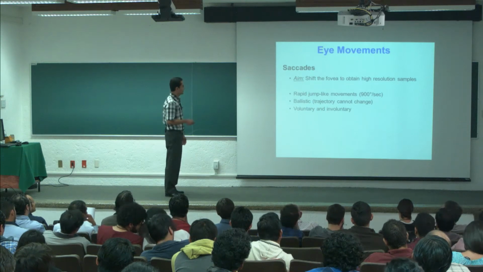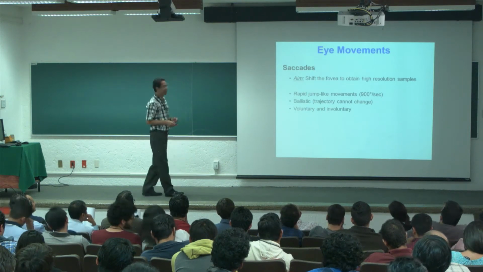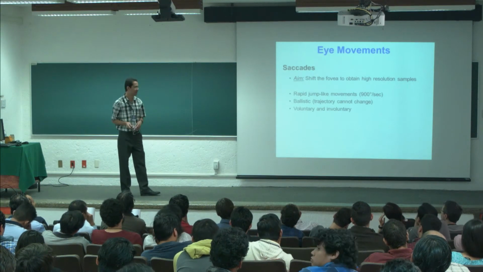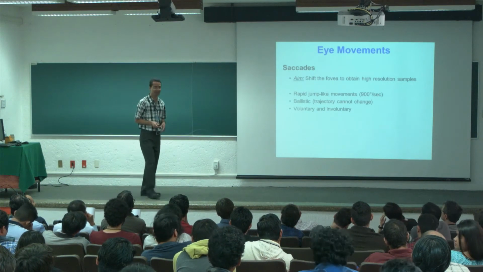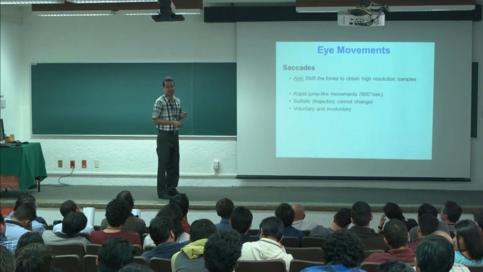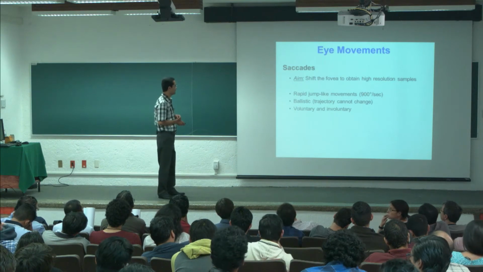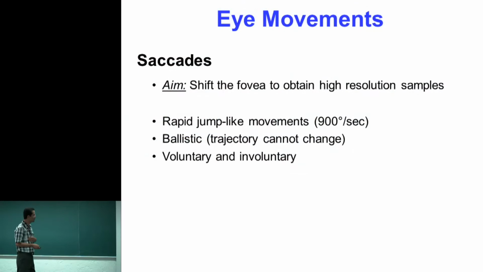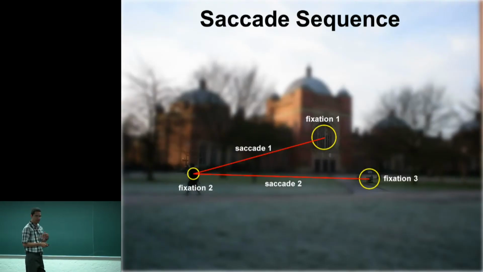These movements can be voluntary or involuntary. Sometimes we are unconsciously moving our eyes, and probably you have never thought about this until now. Most of the time they are unconscious movements. But every time we move our eyes, we are making a decision, so that's the key idea as well.